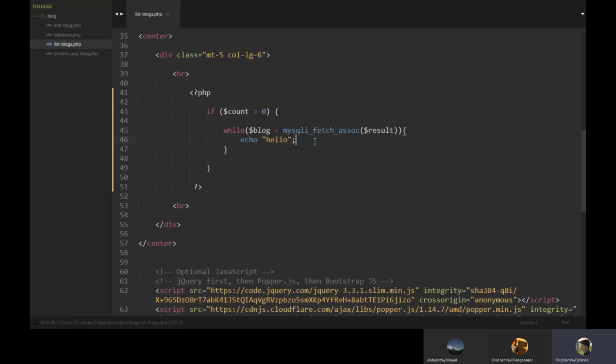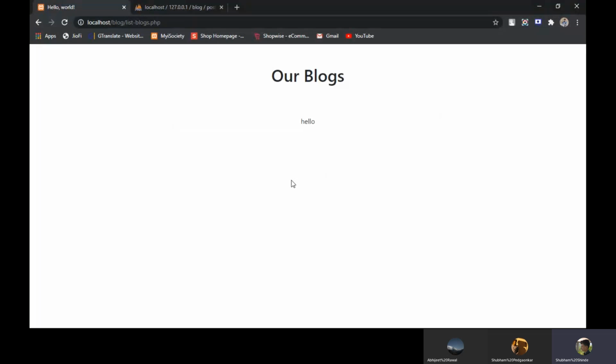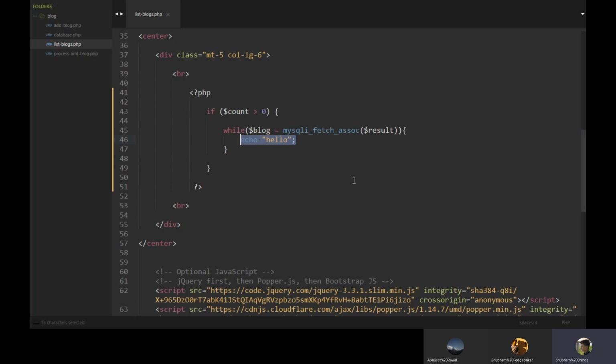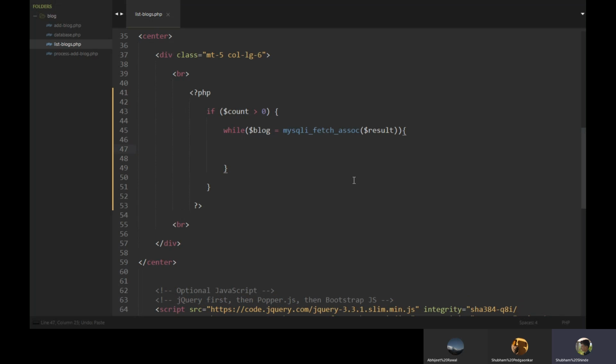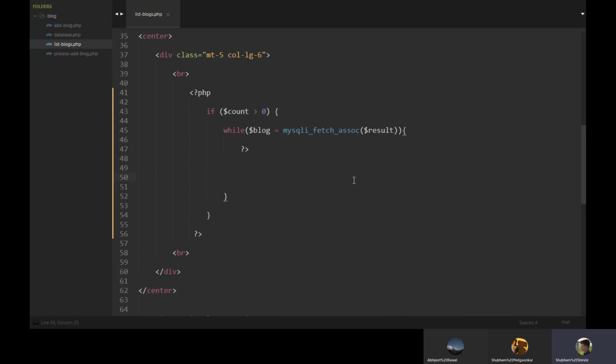Save this file, go back to our code and we see hello, one time. If we have two blocks, it will echo hello two times. For printing HTML we will end our PHP scope and make some space for HTML.